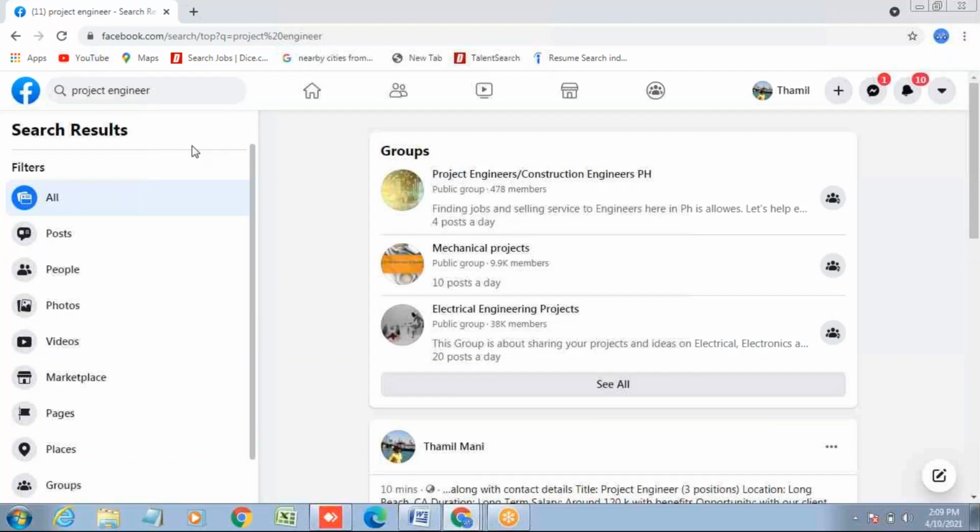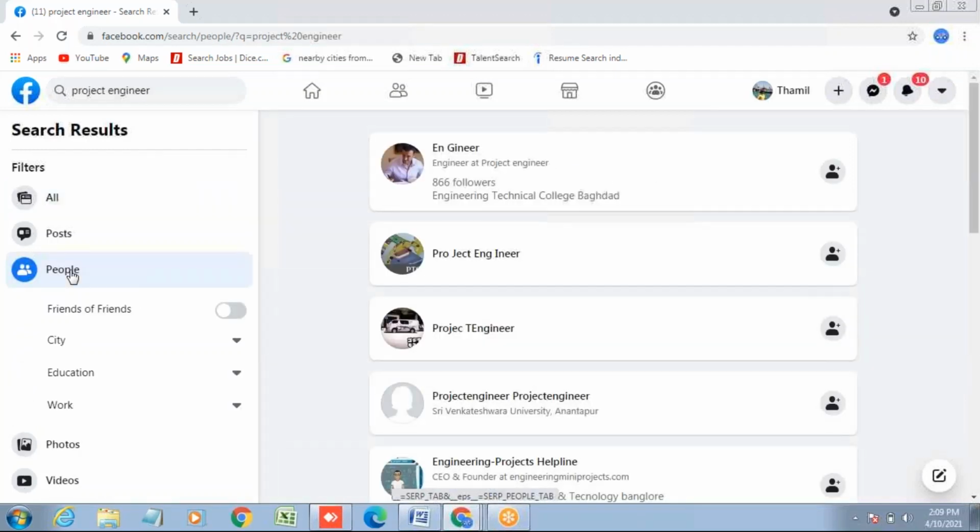Now click people. Okay, that is what we are searching. Okay, here you have so many things, right? You can, okay, people, fine. So select the city in which you are interested. Yeah, put it as Long Beach, California.